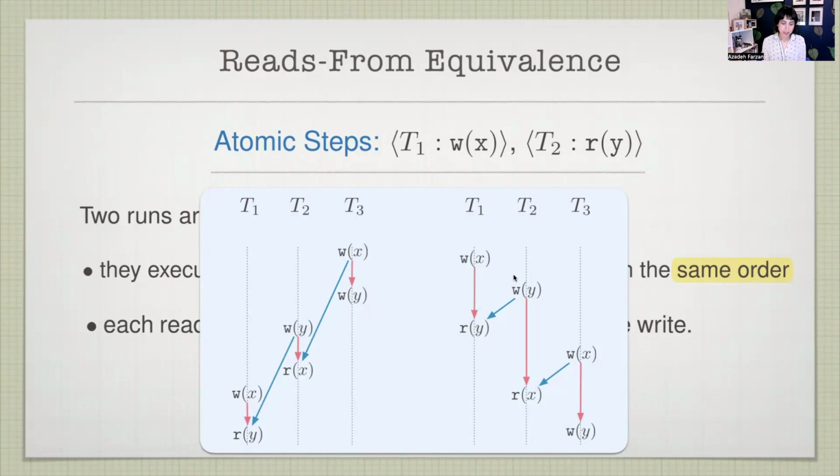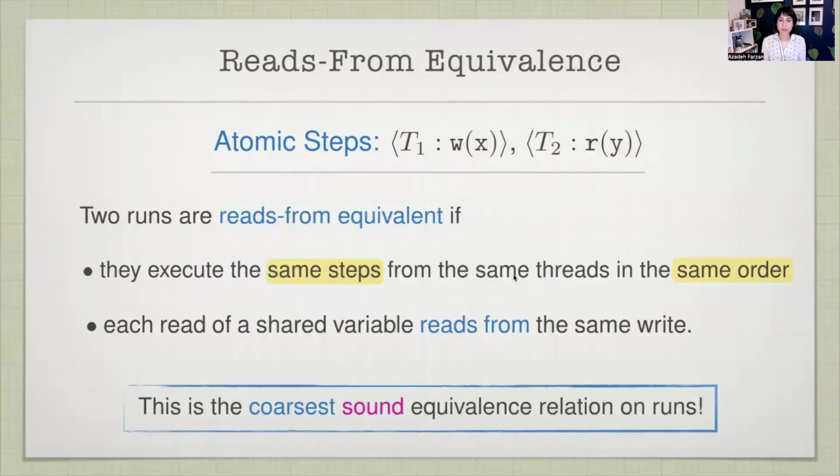Okay, so this relation that is defined this way is in fact the coarsest sound equivalence relation on program runs. And I want to emphasize that it would be the coarsest if we fix that what we observe from the run, all the information that we have from the run, is coming exactly from the alphabet that you see on top of the slide. So, for example, people have looked at variations.